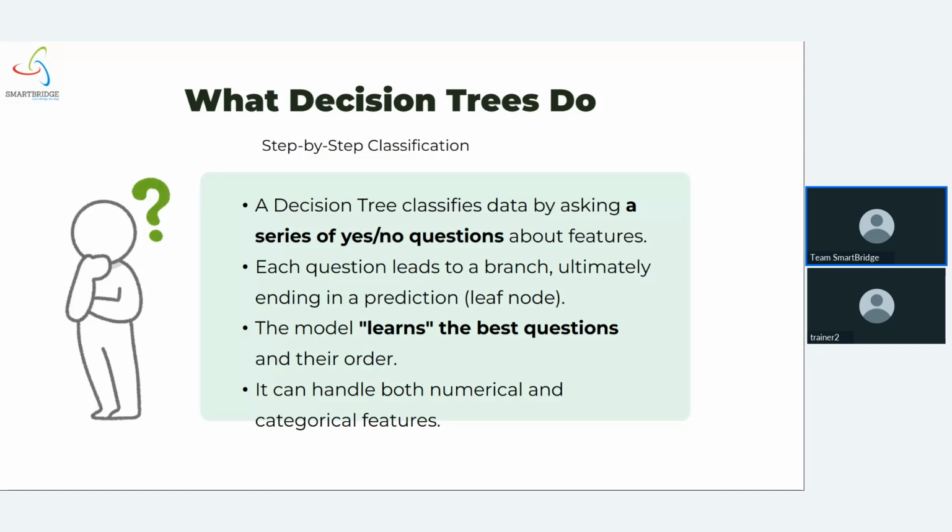Okay, let's take an example. For that, first let's finish this theory part. The model will learn the best questions in their best order. So the first thing is it will learn what questions are there and will answer the questions in the best order itself. It can handle both numerical and categorical features. Suppose you want to figure out the future price of gold, so what we'll be doing is giving the previous gold data. In the previous gold data, what we'll be performing is giving the data where